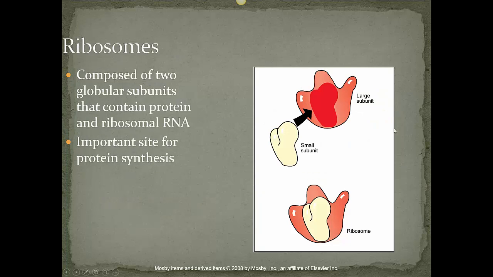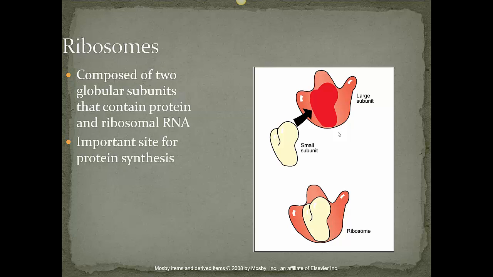Ribosomes, these are small little dots, little subunits, and these actually have RNA in them. And there's a larger unit on the outside. And what they do is they actually have what we call ribosomal RNA. This is going to attach to what we know as messenger RNA, and it's actually going to read that messenger RNA. And each time that it reads a little codon, a little 3-section segment of that messenger RNA,